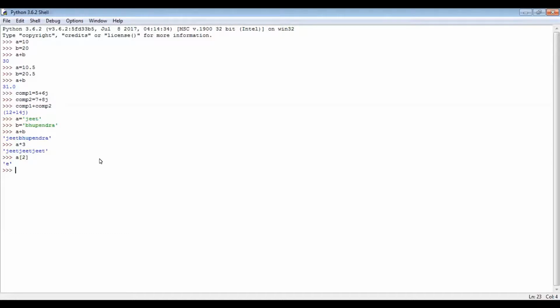So in my name, as you can see, there are 4 characters: J, double E, and T, and I've given the integer 2. So as you move on, see this string at 0th position it is J, at first position it is E, at second position it is also E. So when I wrote A and square brackets, and inside that I wrote 2, this is printing E. So that was about the slice function.